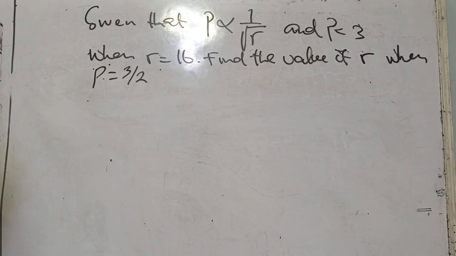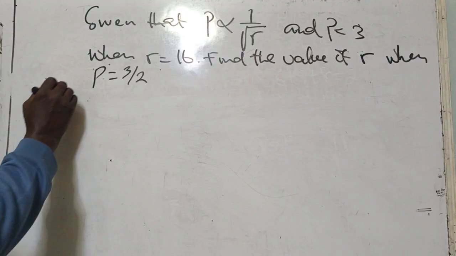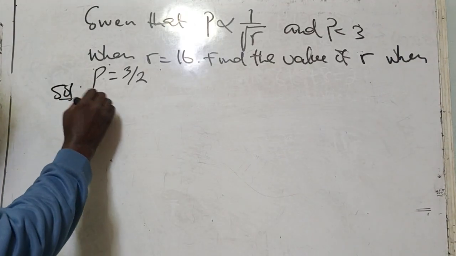Here we are to solve the relation. We are given a problem. It says that given that P is proportional to 1 over the square root of r, and P is 3 when r is 16, find the values of r when P is 3 over 4. Now, the first thing that we need to do here, solution now, is to